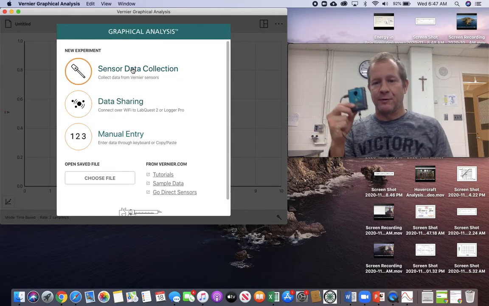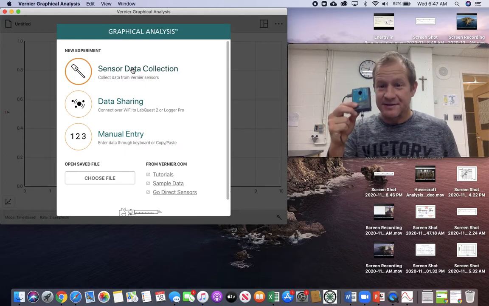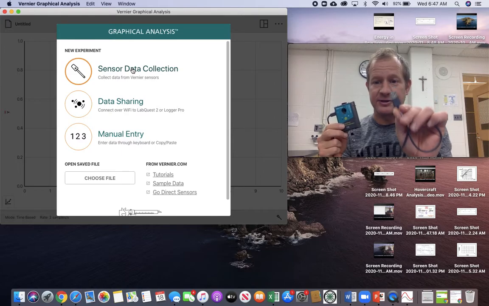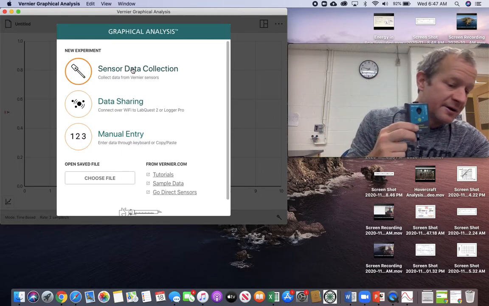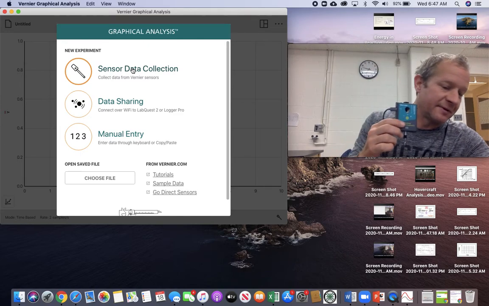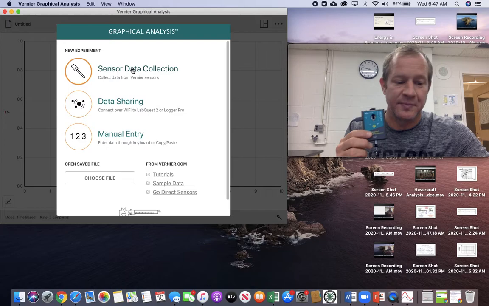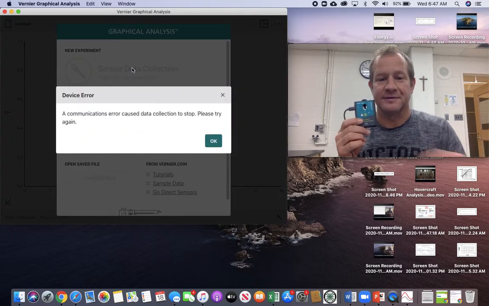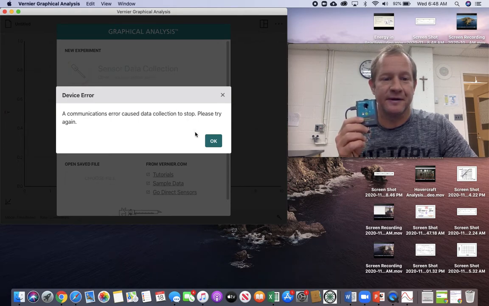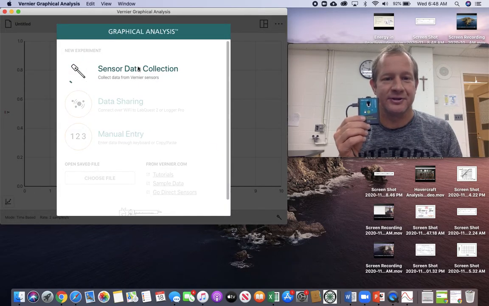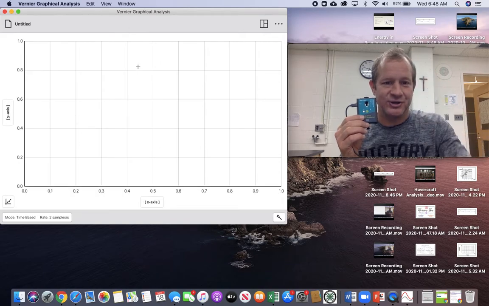But before I go to that option, because this is the sensor that's collecting the data, I need to plug this in. This is a USB connection, and it can go right into the side of your computer. So this is actually a piece of technology we do not have to plug into a LabQuest like we did with the motion detectors. This goes right into your computer. But because it goes right into your computer, that means we have to use Graphical Analysis instead of Logger Pro. Oops, we've got a communication error. Let me say OK. Now let me click on sensor data collection, and in doing so, it changes the graph